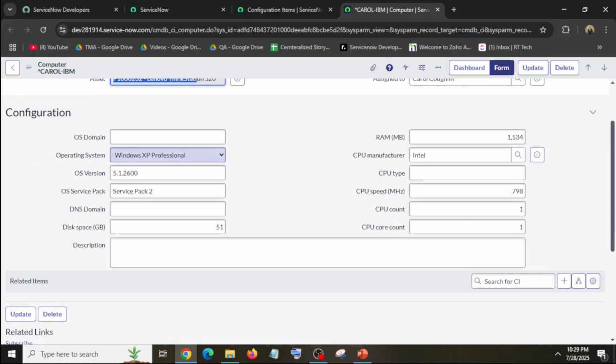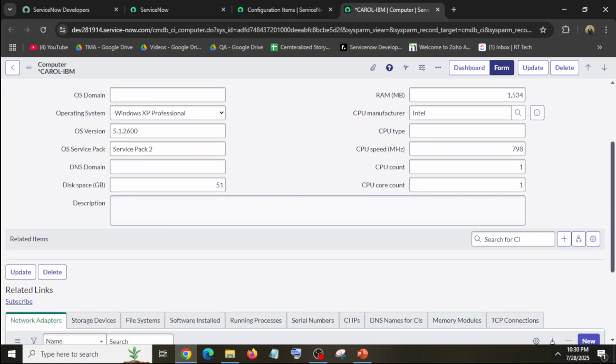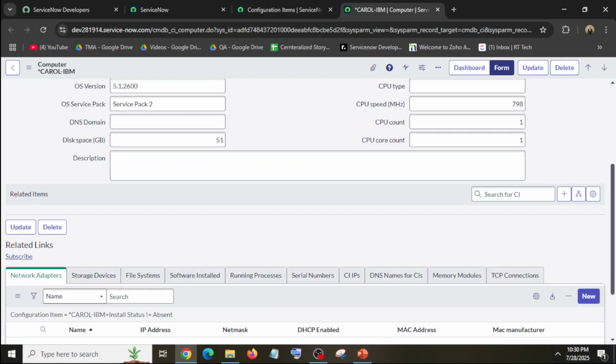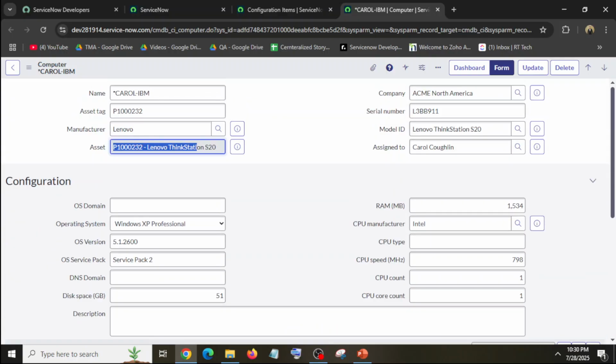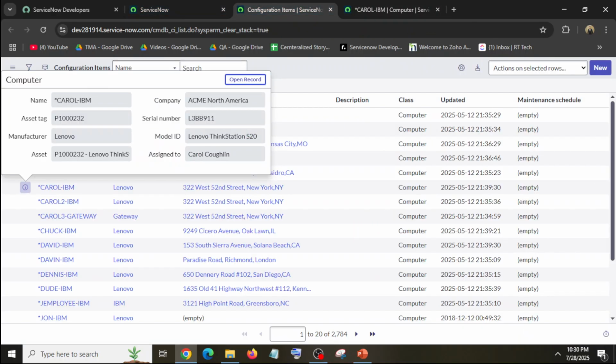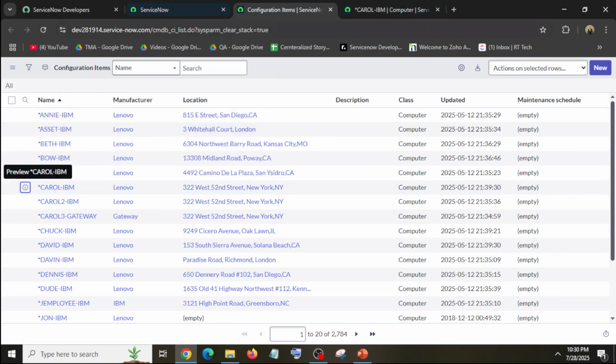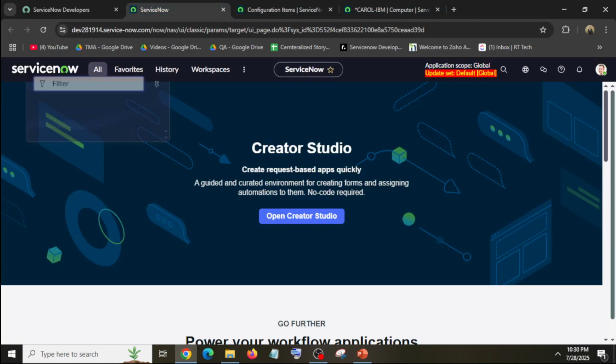And its operating system is this, version is this, and it contains different types of information related to this CI. So in this way, the configuration items are stored in the CMDB.